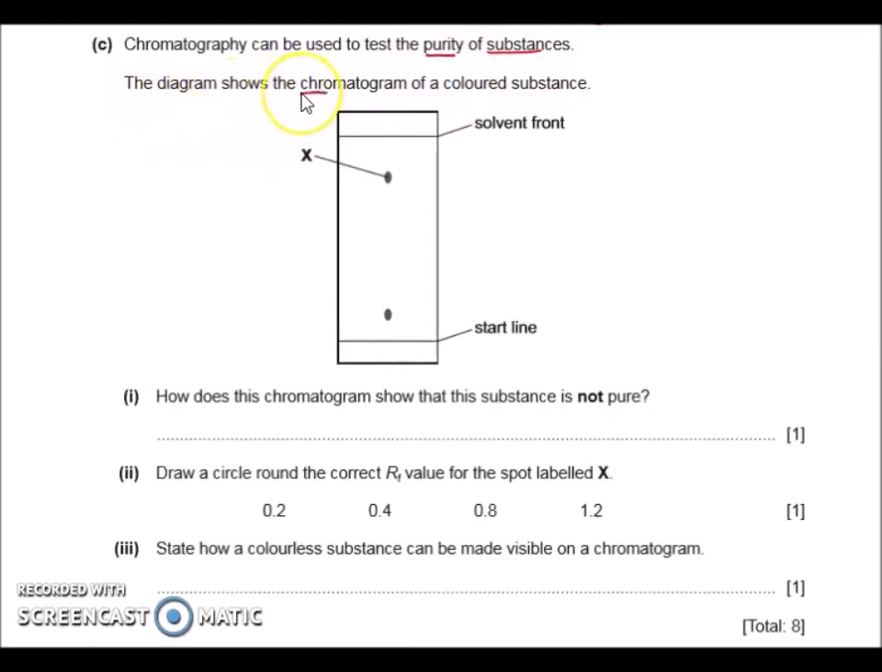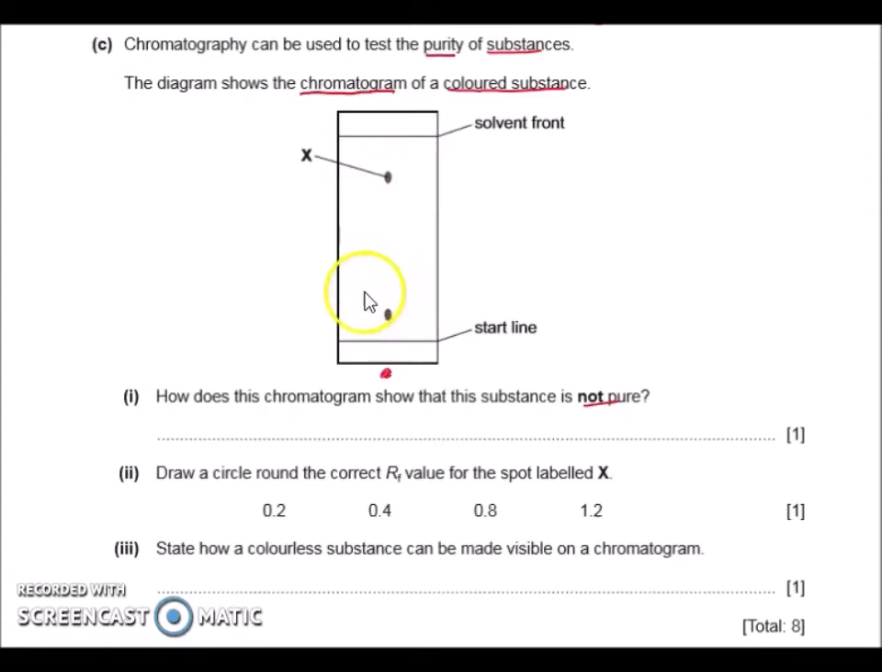The diagram shows the chromatogram of a colored substance. How does this chromatogram show this substance is not pure? Let's say we have a substance down here, and they are using alcohol or ethanol or water for this process. When they diffuse, if the substance has more elements inside, more substances, they will be separated,